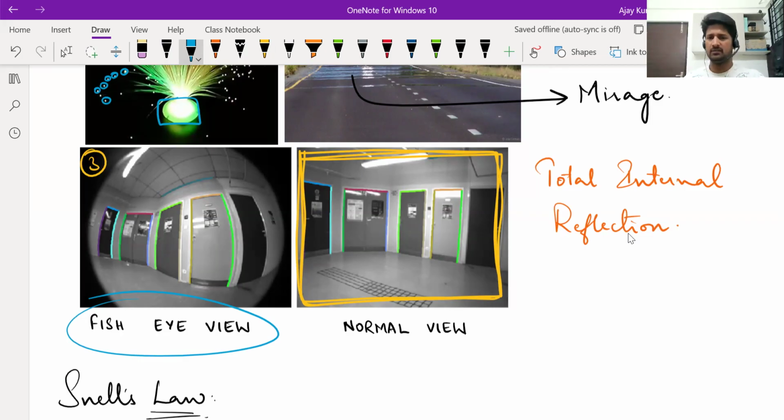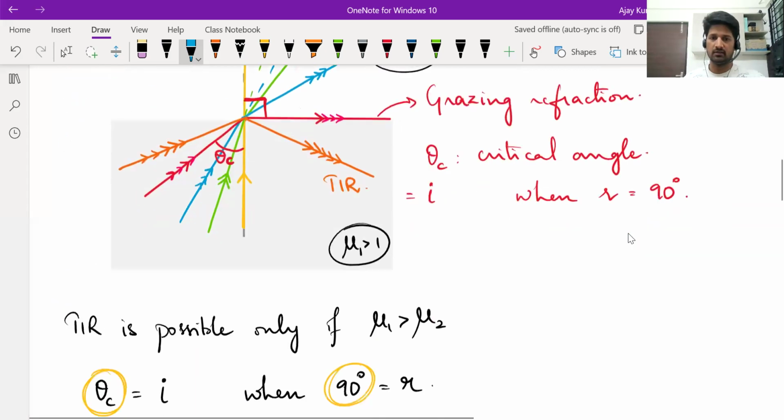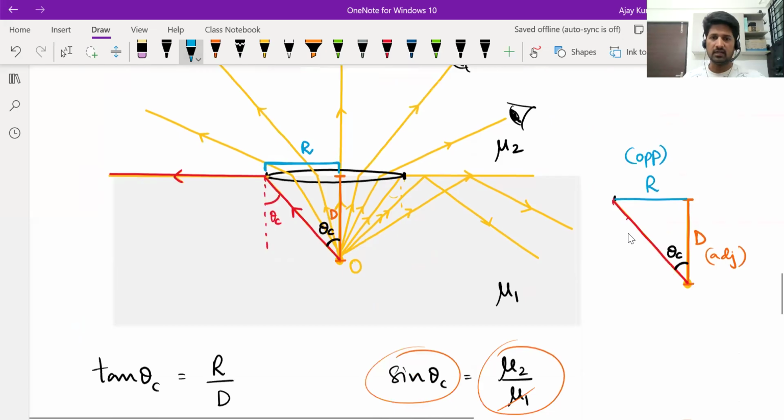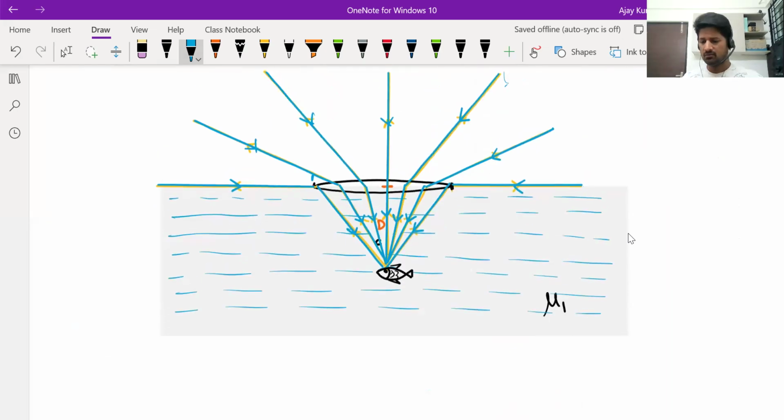You can try it with a camera if you want. If you have a waterproof camera, just put it inside a water container, fill it with water up to a certain height, and you should set a timer or something such that the camera clicks when the water surface is calm. Then you will see that in the photo, all the outside world will appear within a circle itself. Now, what will appear outside that circle? What will the fish see outside that circle? Whatever is